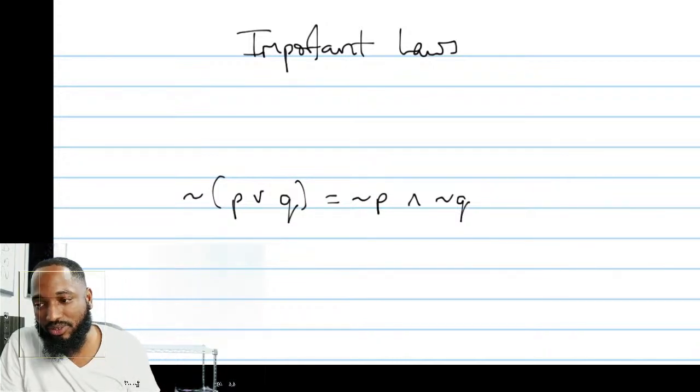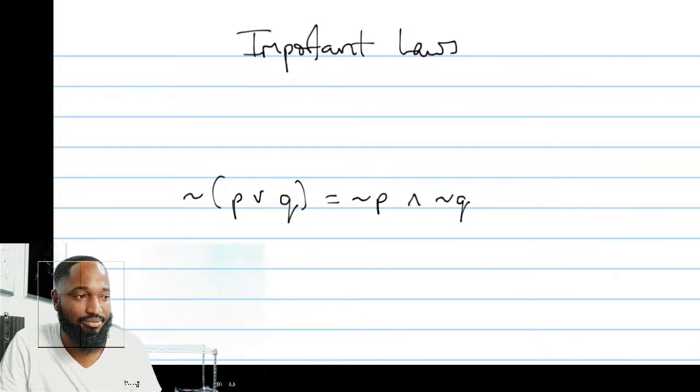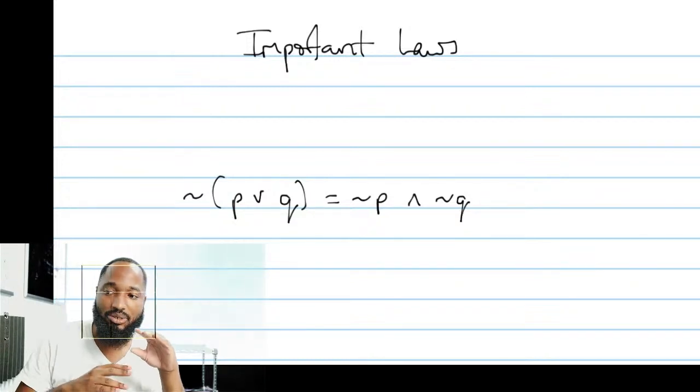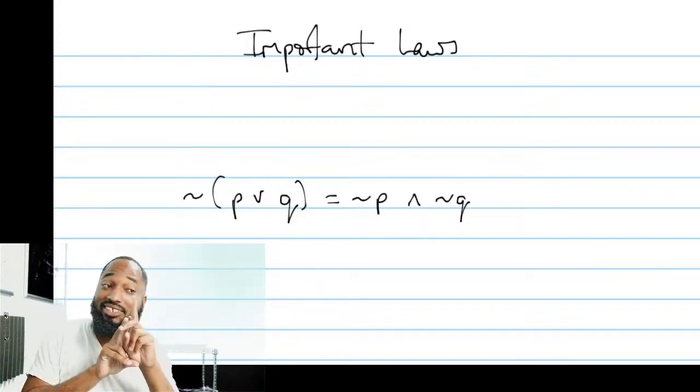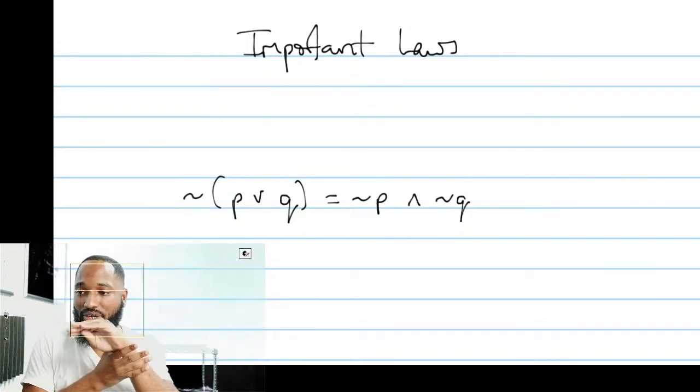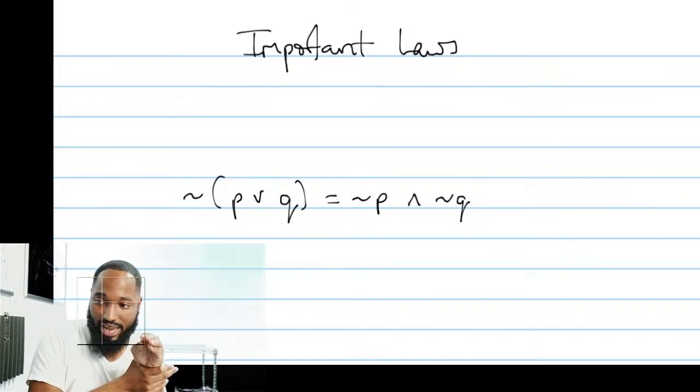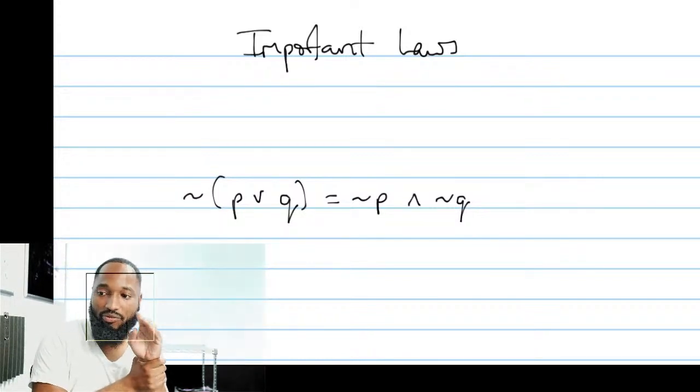And this is the big boy law. This is the one that always seems to be tested. Well, what's the name of this law, people? This law deals with distribution, but it's not the distributive law. It deals with how the negation sign swings into the two of them.